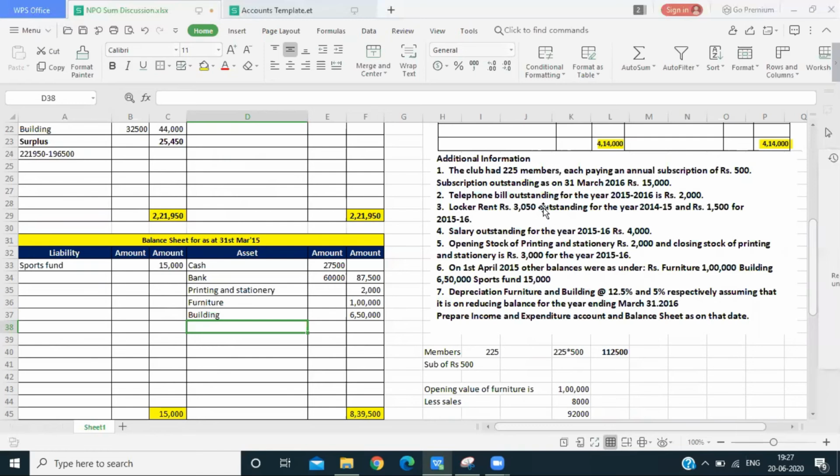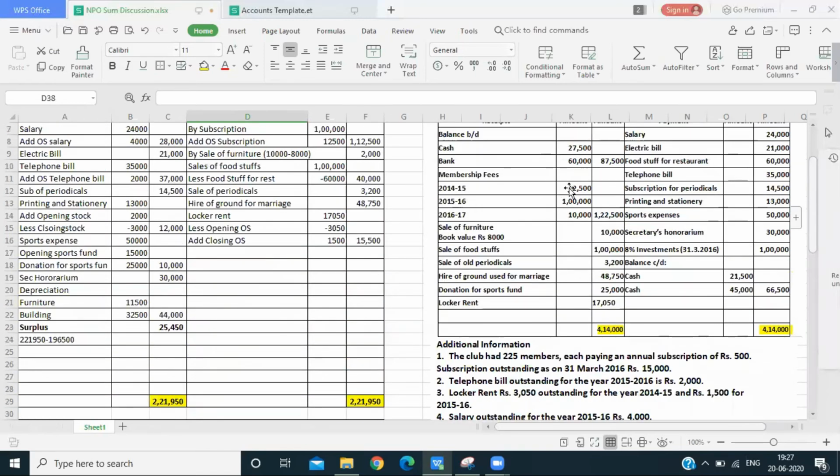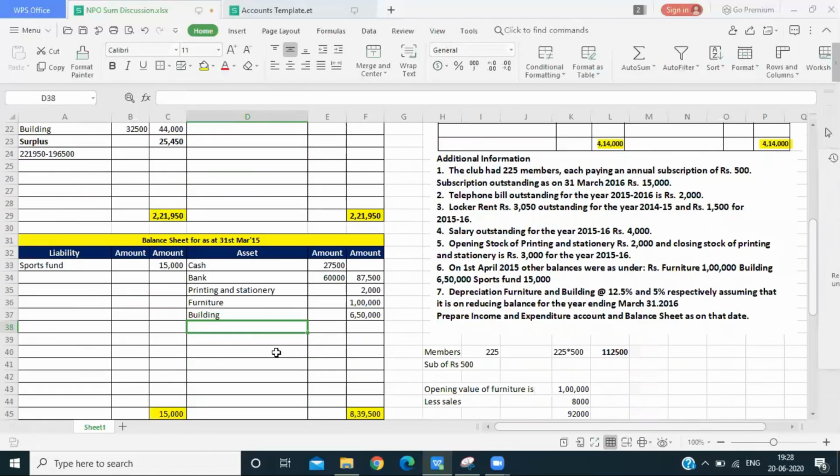So outstanding subscription is, we are obliged to receive that subscription from the subscribers. So the previous year we have received 12,500. In current year we have only 12,500 as outstanding. So there is an excess amount of 2,500 which is being included in subscription which is outstanding as at 31st March 2016, which means still 2014-15 subscription is outstanding amounting to rupees 2,500. So which we can conclude that in 2015 we had an outstanding subscription of 15,000.